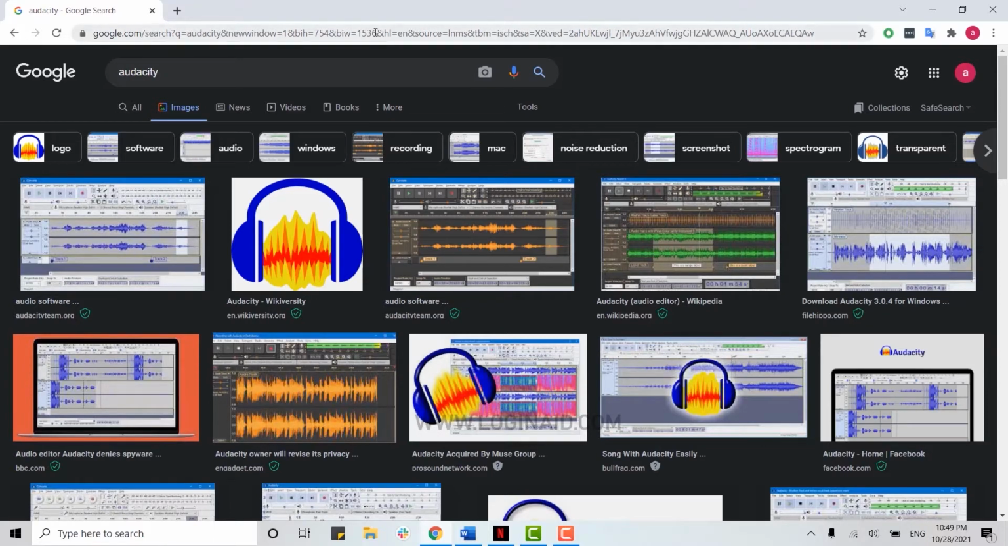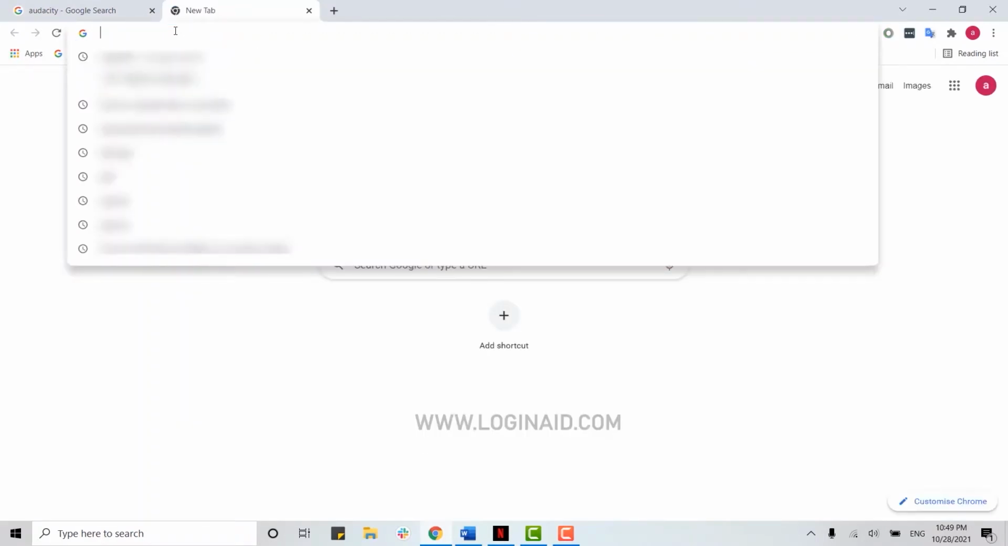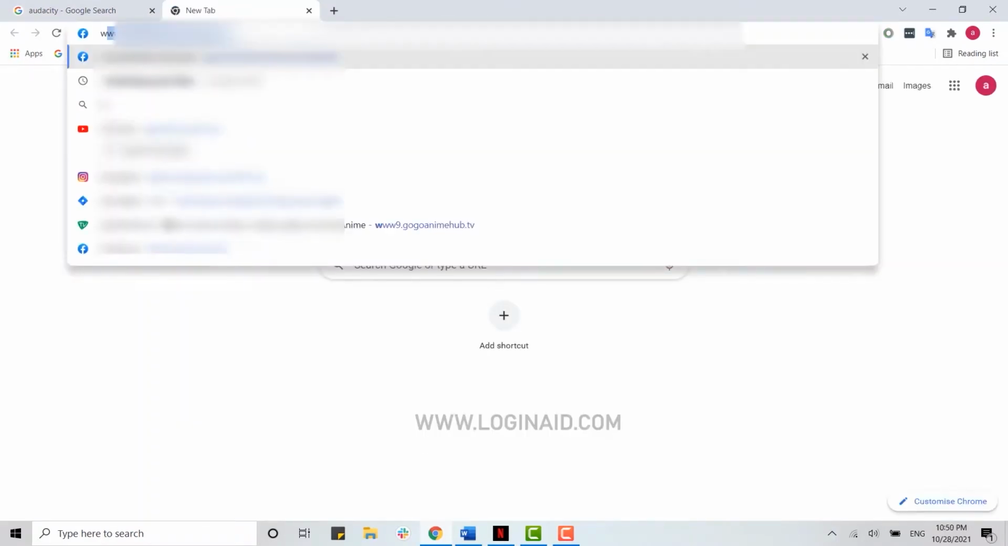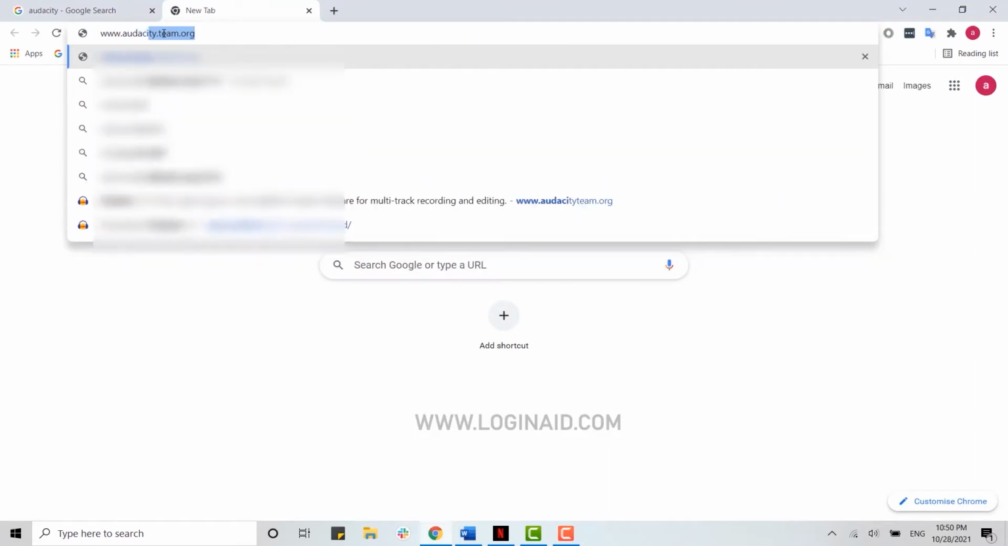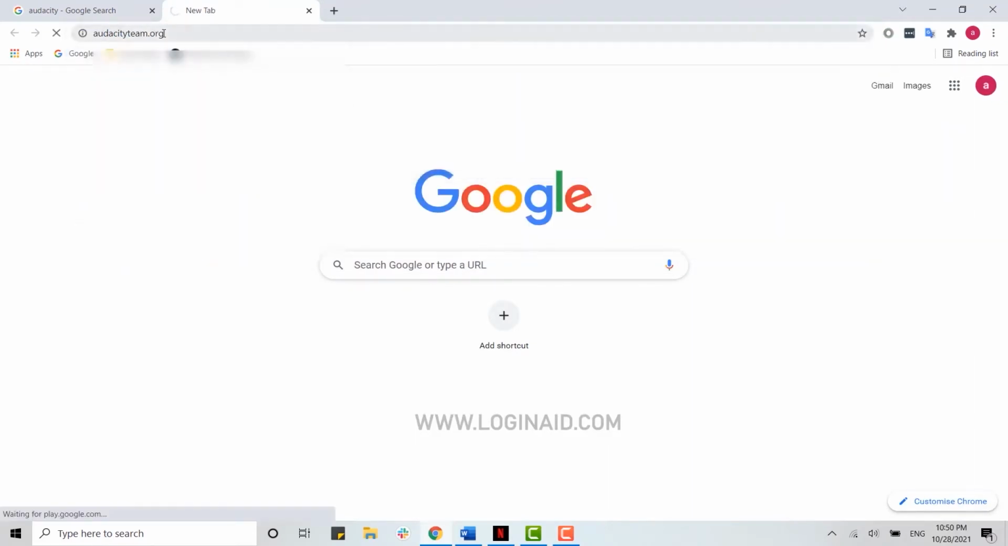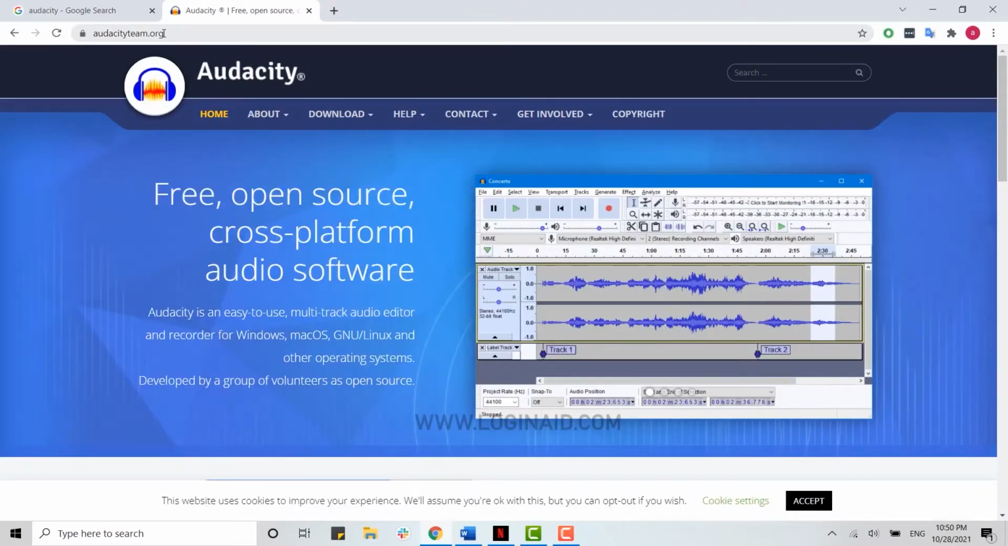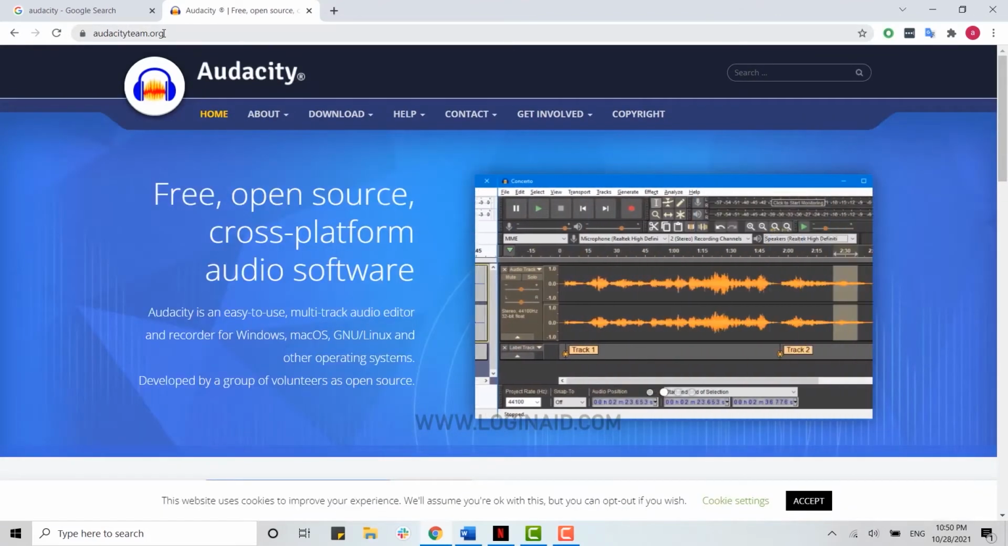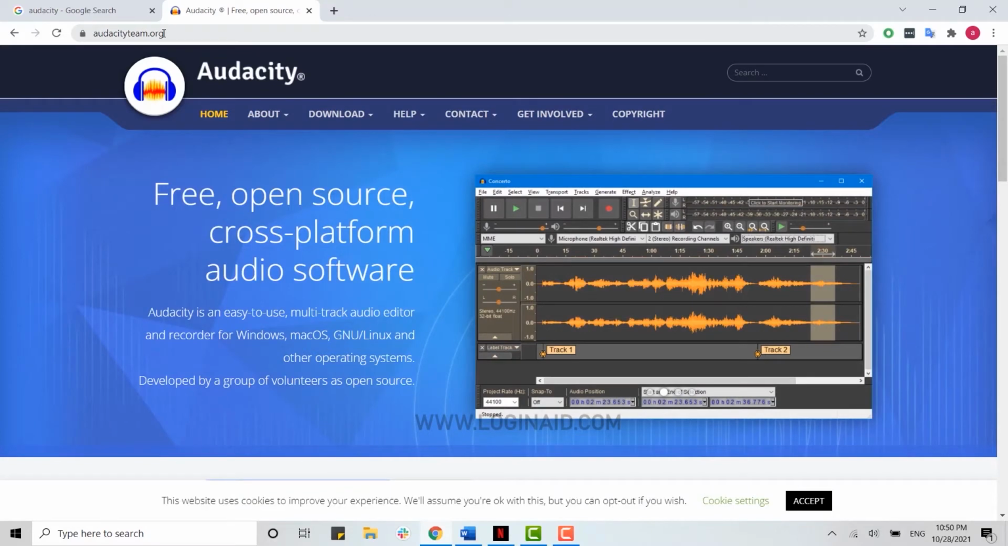So here, once you open the browser, you need to click to open a new tab, and on the search bar you need to type in www.audacityteam.org and tap on search. With this, you will be directed to the Audacity web page, and here to download the application you need to